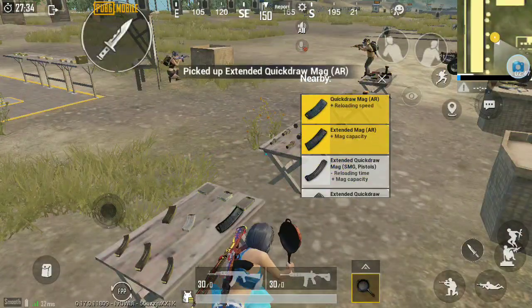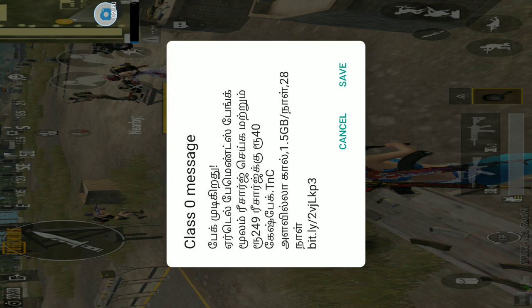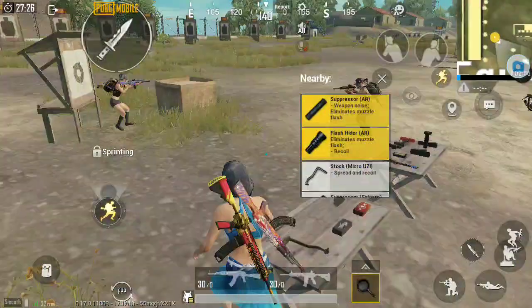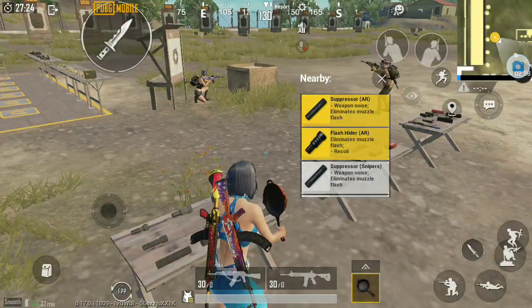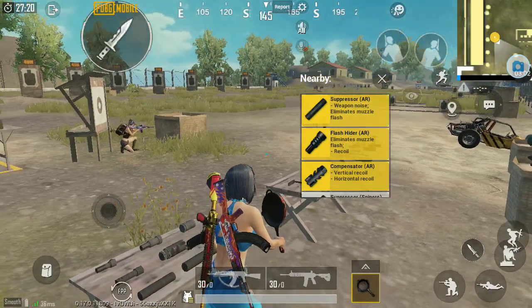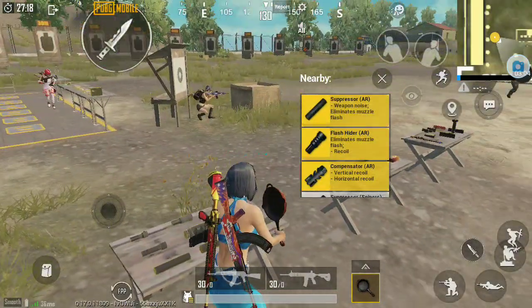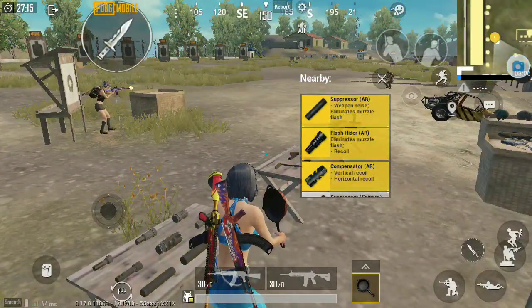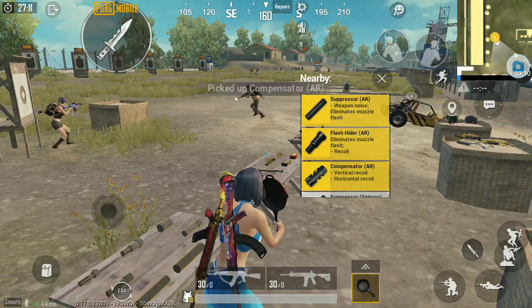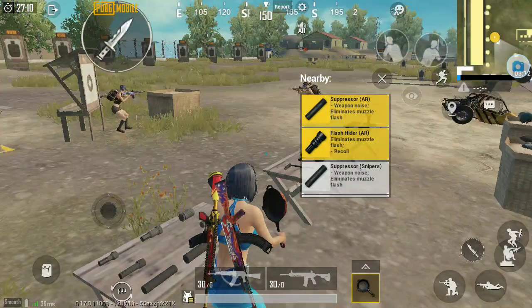Just use any attachment you want, external mag. Here suppressor is not that good because it doesn't reduce any recoil. So either you have to use flash hider or compensator. I would recommend compensator, but if you don't have it, then flash hider is also okay.